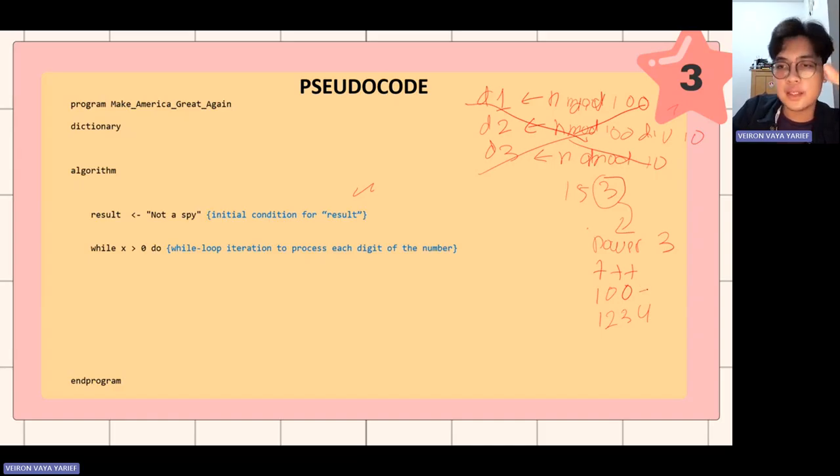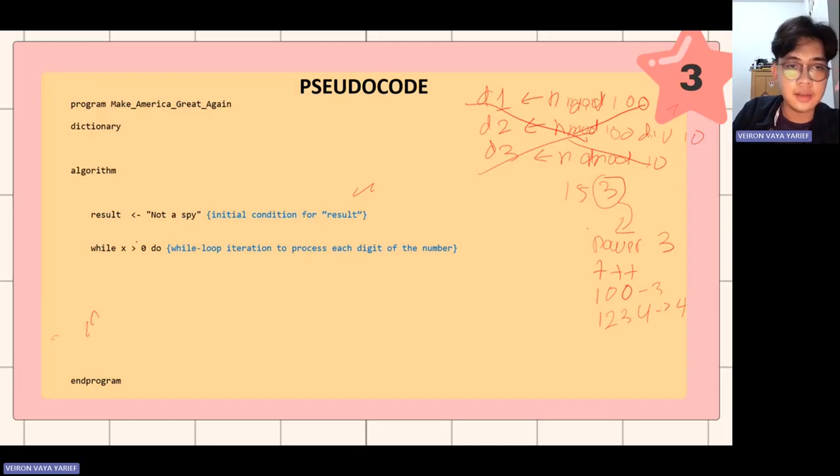We do 3 iterations, and here we do 4 iterations. So can we use for loops? Of course not. In the first lecture, I said that if we don't know how many iterations we do in a loop, then we use a condition loop, not for loops, right? That's why I use while here.